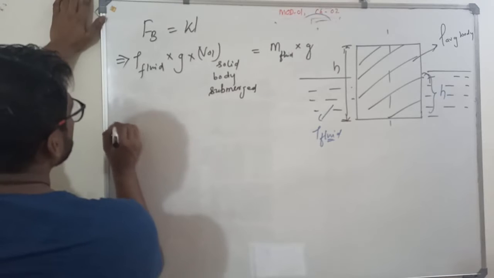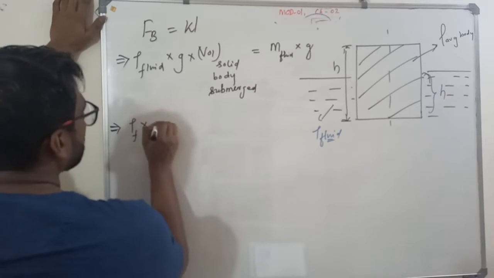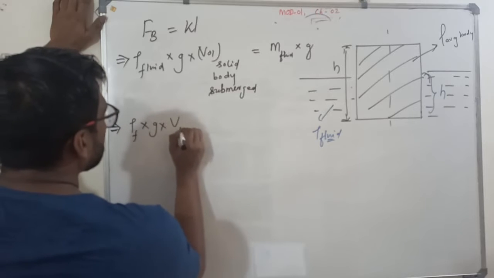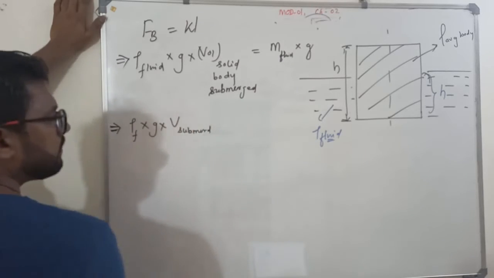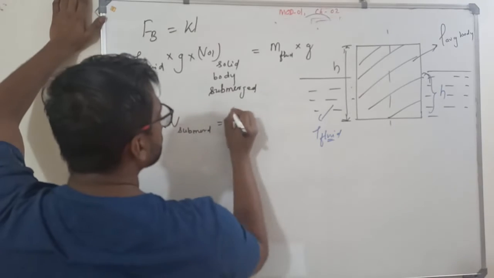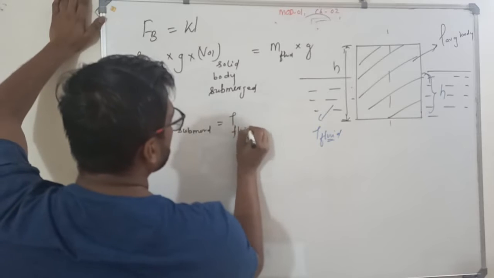So this implies density of fluid rho F multiplied by g multiplied by the volume of body submerged is equal to the density of the fluid multiplied by